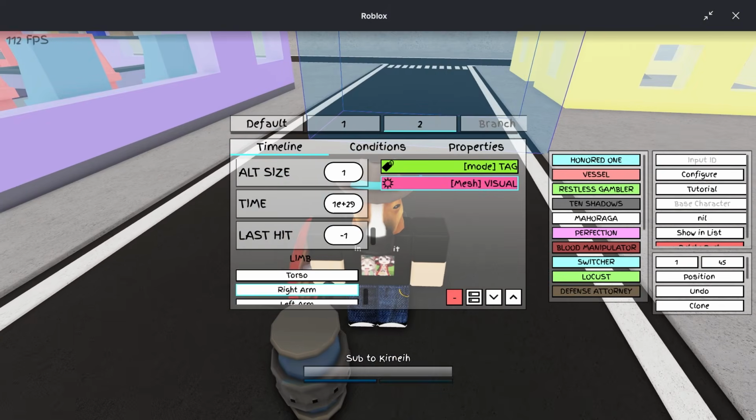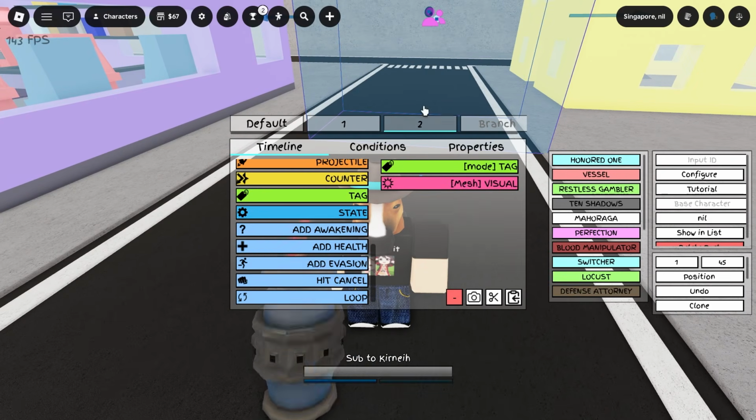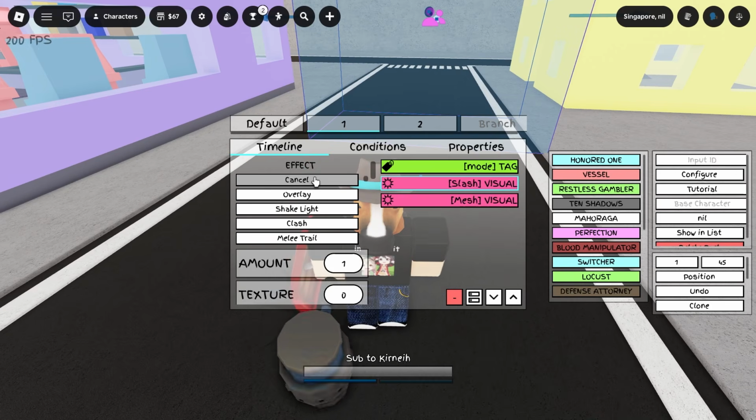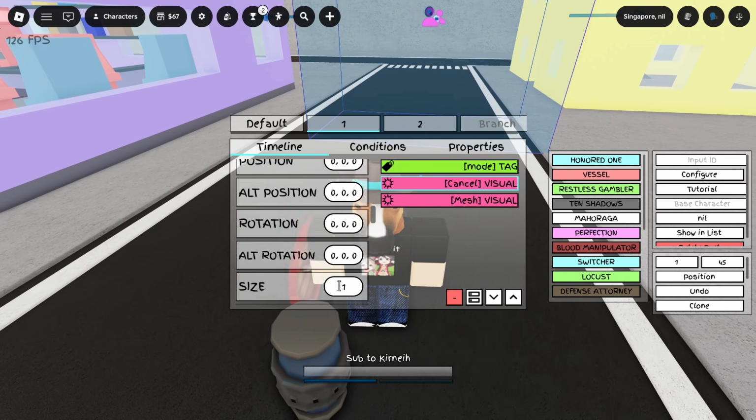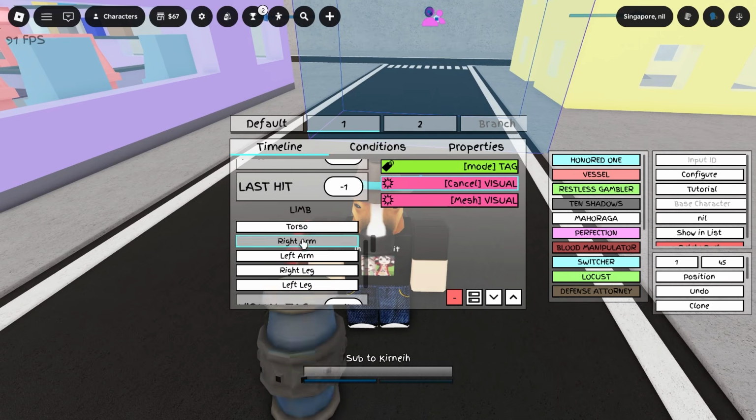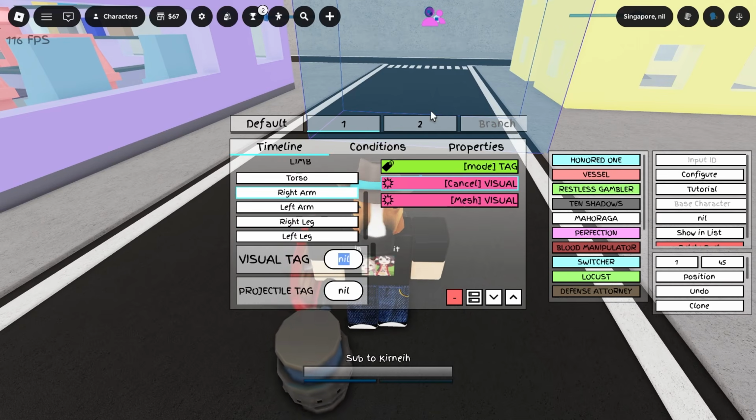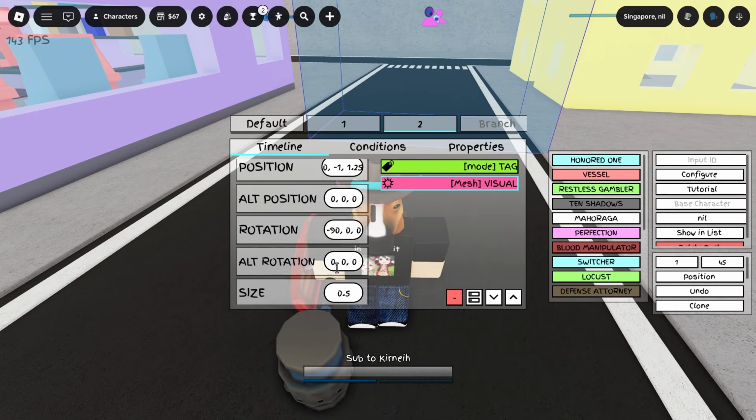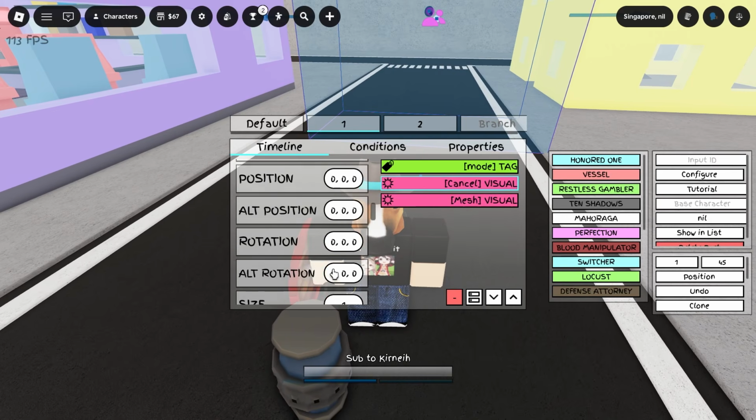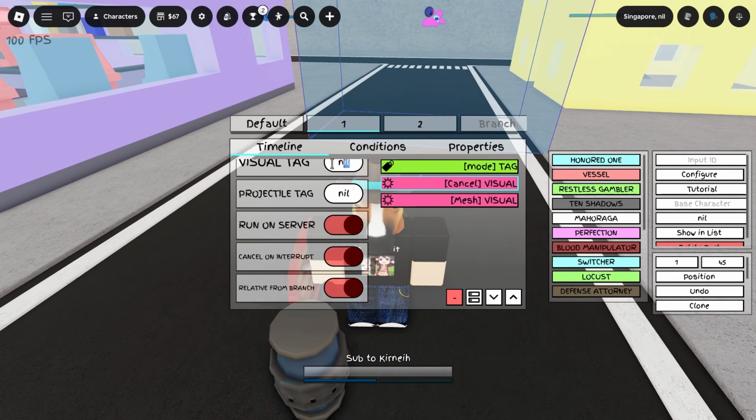Now that I have my second mesh finished, we're gonna go back to our first branch and then add another visual block. Set that one to cancel. And then make sure that it's on the right limb. Put the visual tag of your second mesh. In my case, it's gonna be B hammer. Just put it there, and then make sure to run on server. Then for the second